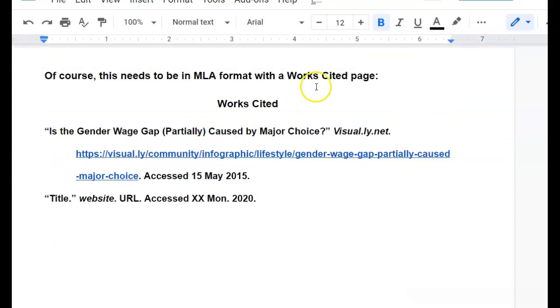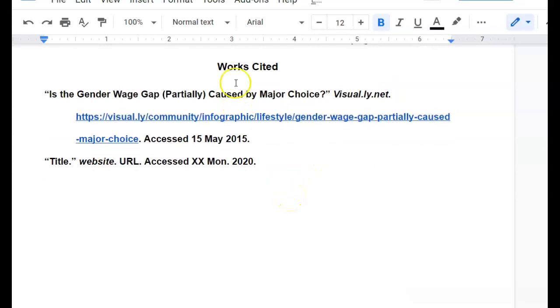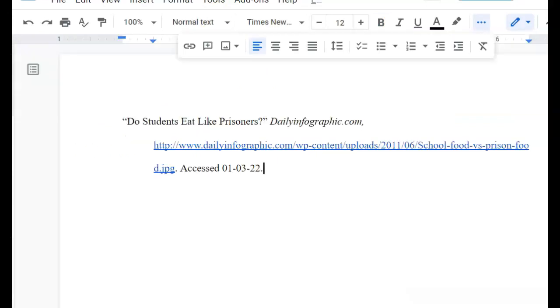MLA citation, and of course it's not in MLA format here, but we would start again with the title. The question mark serves as the break between. This one actually came from visually.net, and this is the URL. There was no date of publication on it, so I don't know what that was. So skip it if you don't know it, and then you put your URL and a period, and then the date of access. I did that in 15 May 2015, which, by the way,